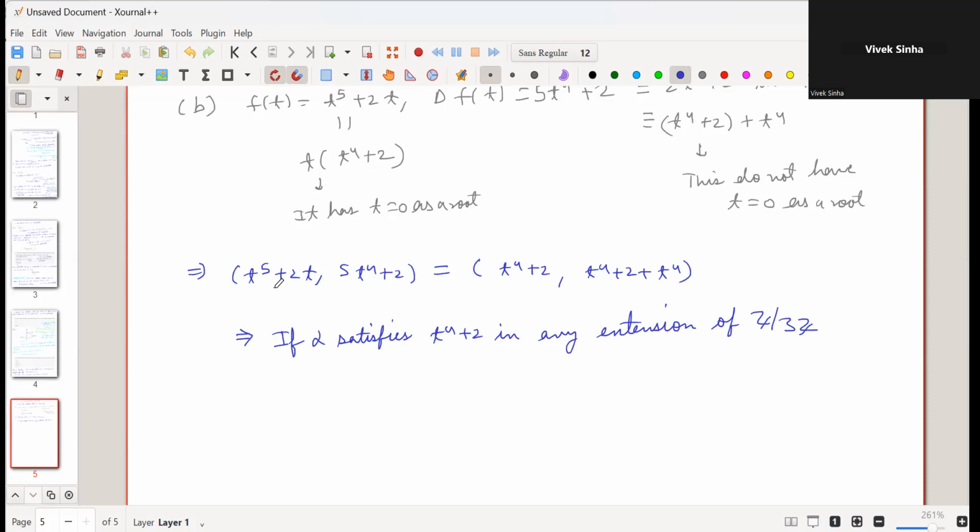That is called a splitting field. So if alpha is anything that satisfies t4 plus 2 in any extension of Z mod 3Z,